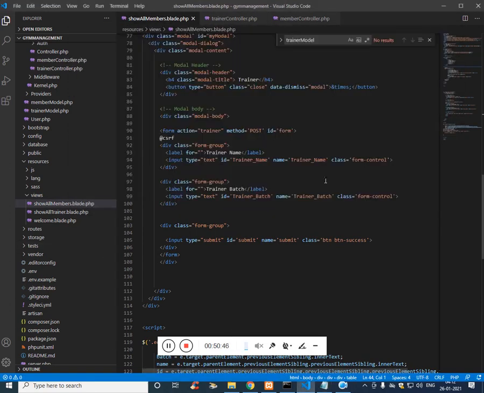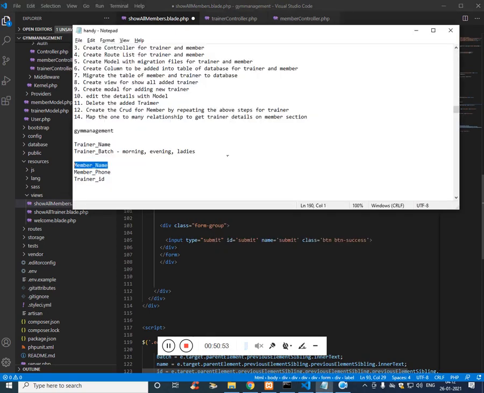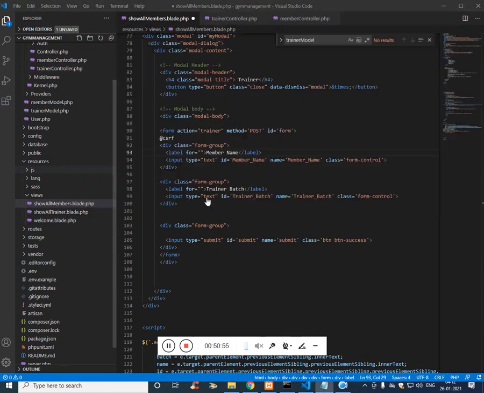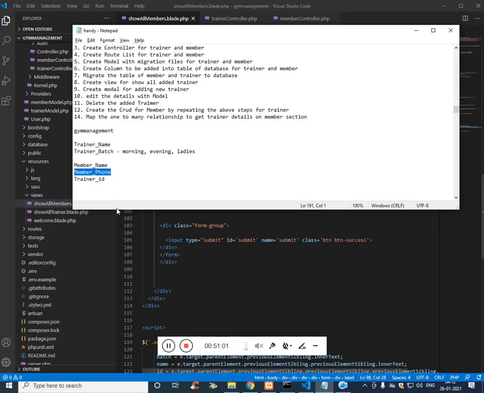The first one is name, the second one is phone, the third one is ID.